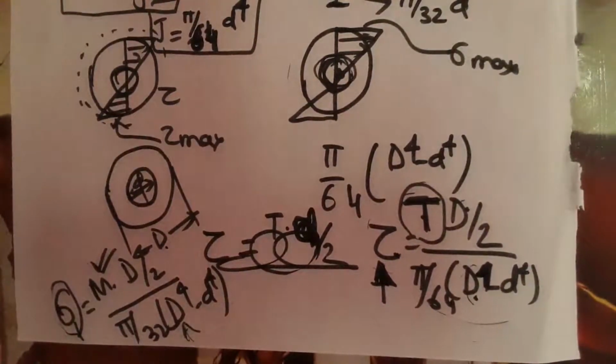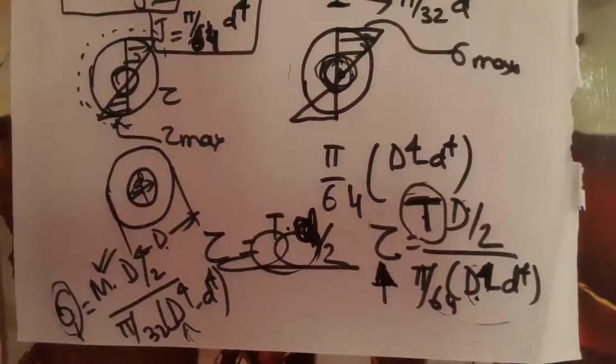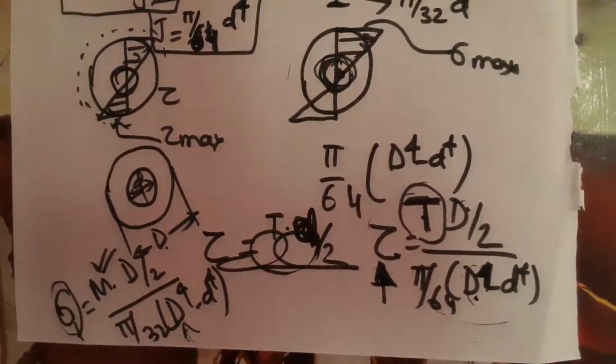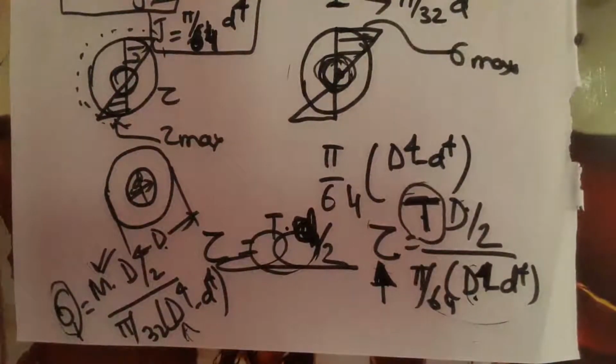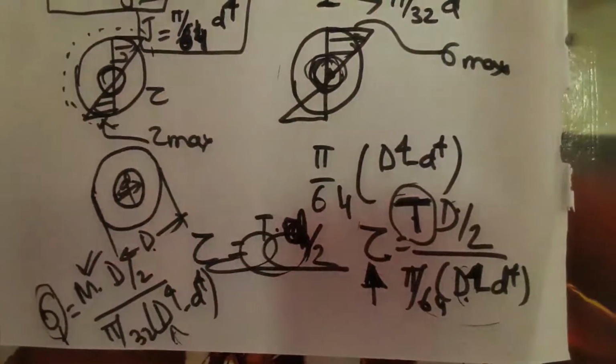So compared to the solid shaft, the hollow shaft will offer higher stiffness than a solid shaft of the same weight. The strength of the hollow shaft is also more than that of the solid shaft with the same weight. We can also see that the natural frequency of the hollow shaft is higher than that of the solid shaft with the same weight. But there are some disadvantages as well. So we write down the advantages.